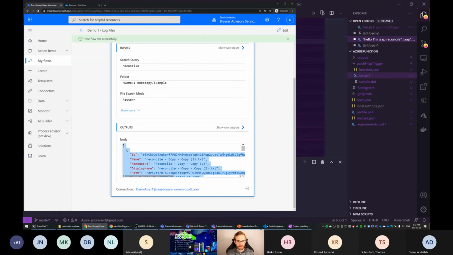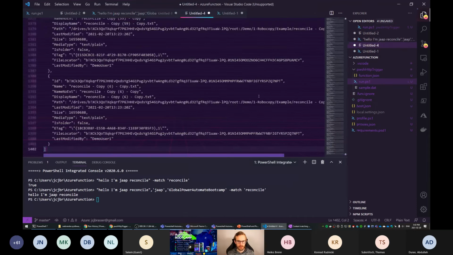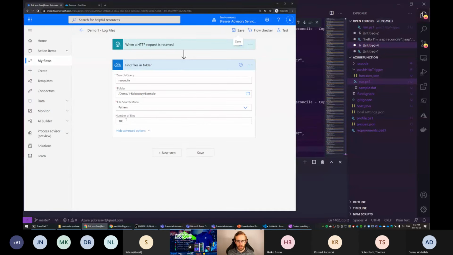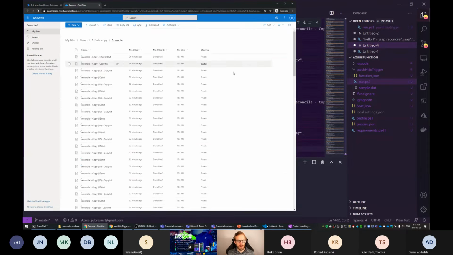So we can now see that if we take a look at the number of IDs returned, this will tell us how many items. You can see ID is in there 100 times. If we look at number of files, 100, that leads me to think that there might be more files in there if it's exactly 100 files. So let's switch over to OneDrive.